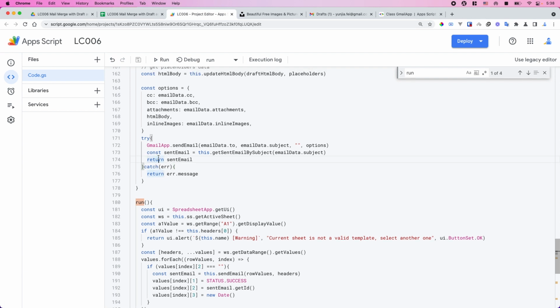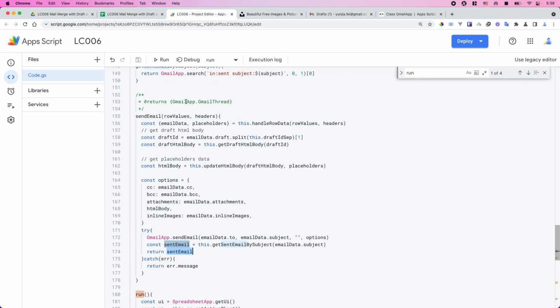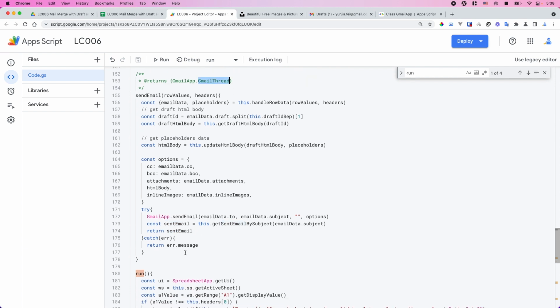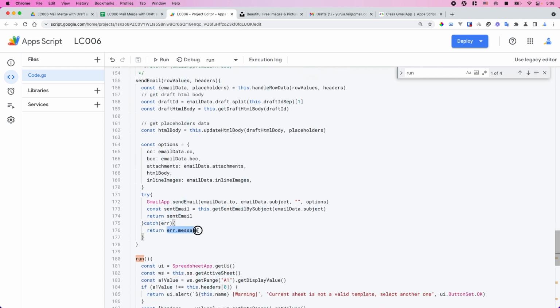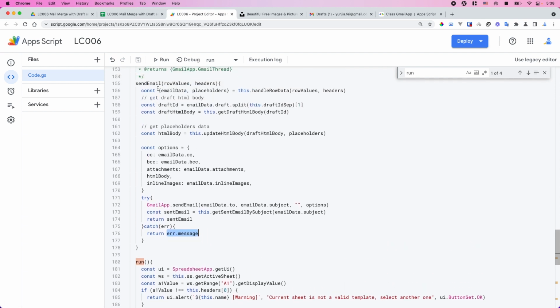So this send email function can either return a sent email, which is going to be a Gmail app Gmail thread object, or an error message, which is a string, right? And we can handle this in our